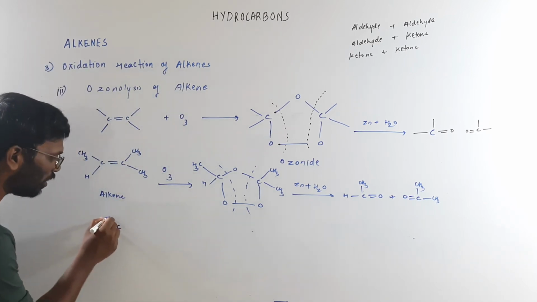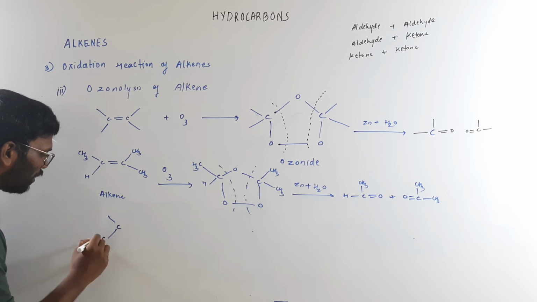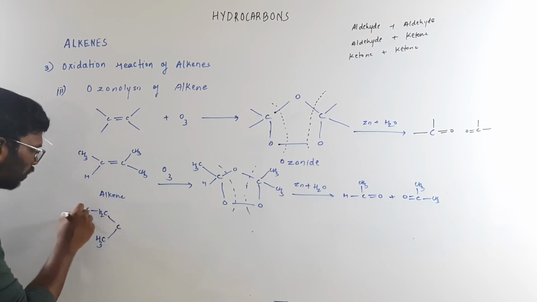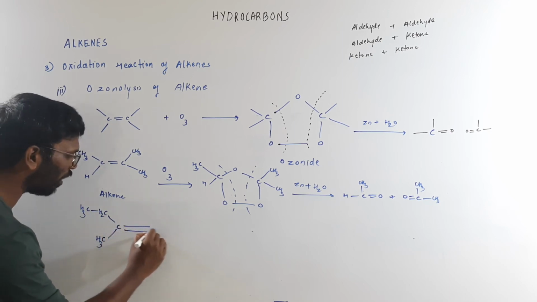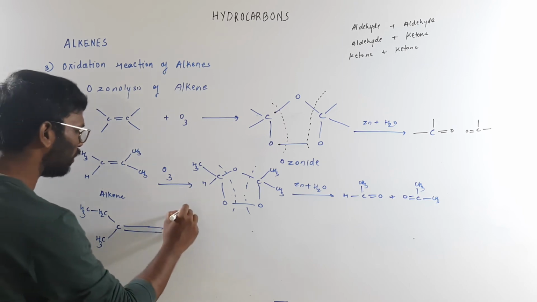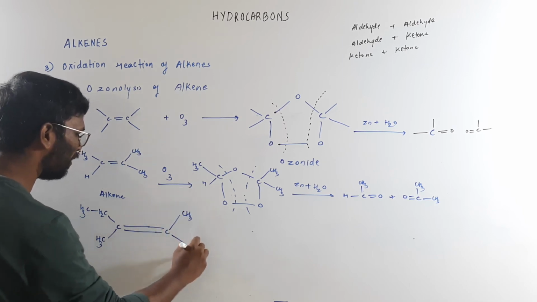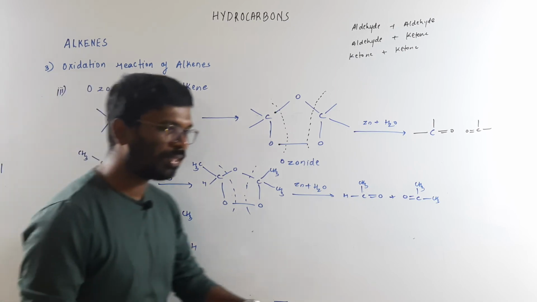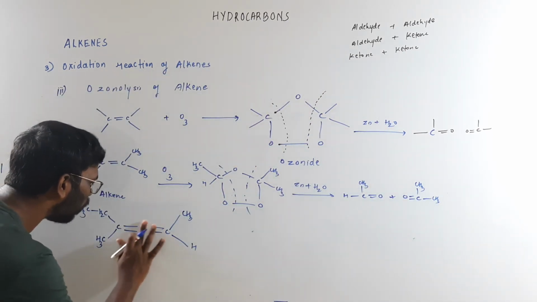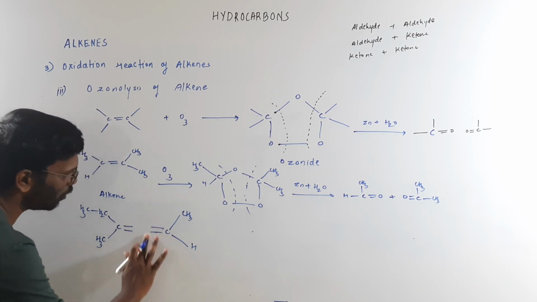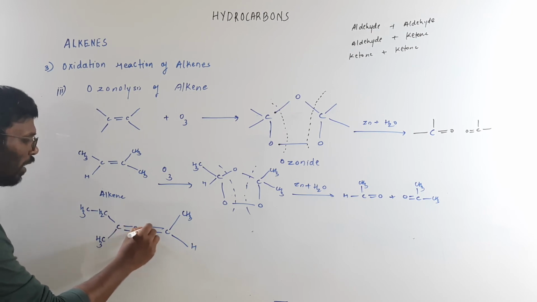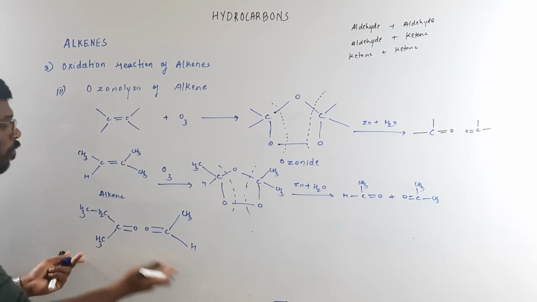This reaction is very simple. Let's take this alkene, CH3, then CH2, CH2, and I am putting the double bond a little bigger only for you to understand the short trick. And this is let's say CH3, and this is the hydrogen. The simplest thing you can do is just break this bond like this. I have purposely drawn it so big, and here there is oxygen and here there is oxygen I am putting. So these will be your final products.